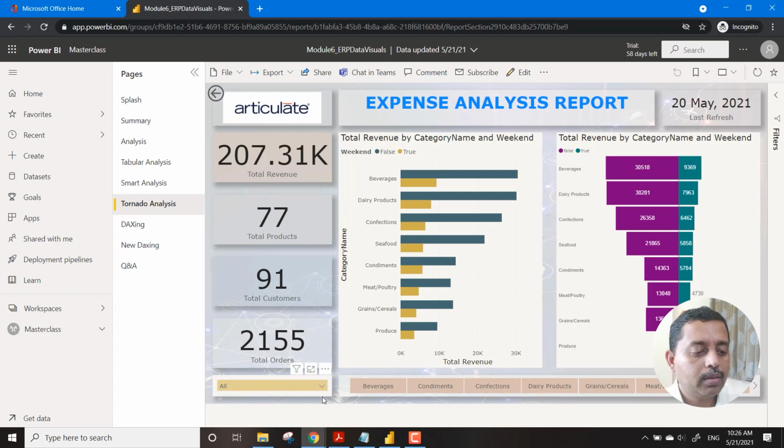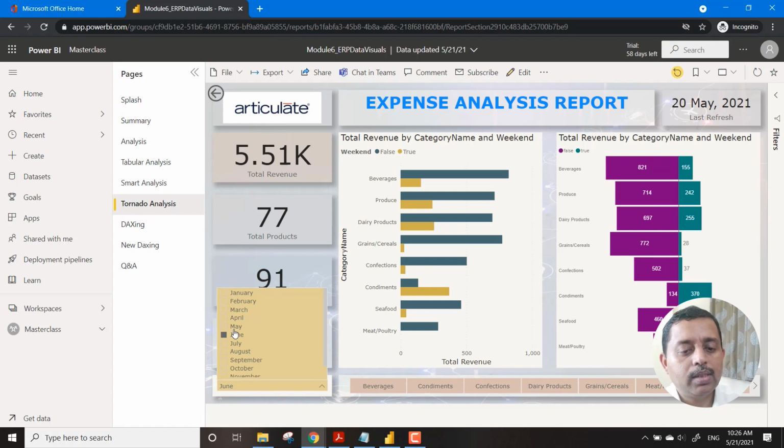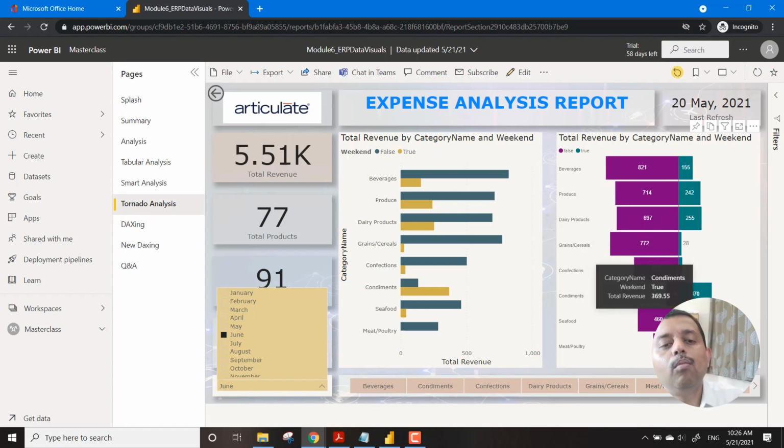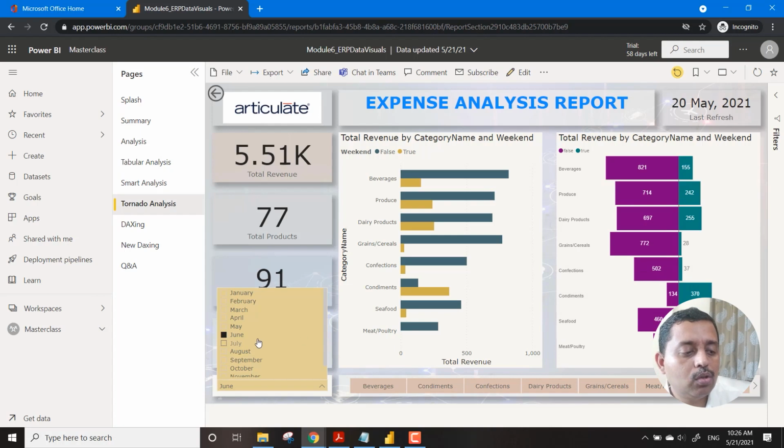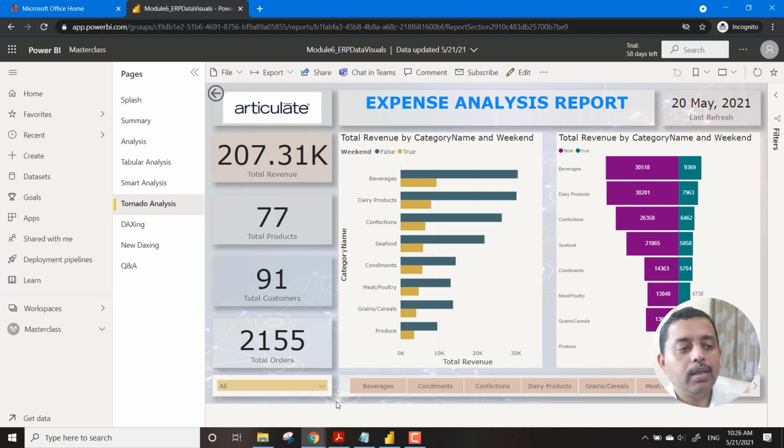We can select a particular month, and you will see that in the month of June, the weekend was more active than the weekdays. So for the condiments part in the month of June, so much information you can deliver.